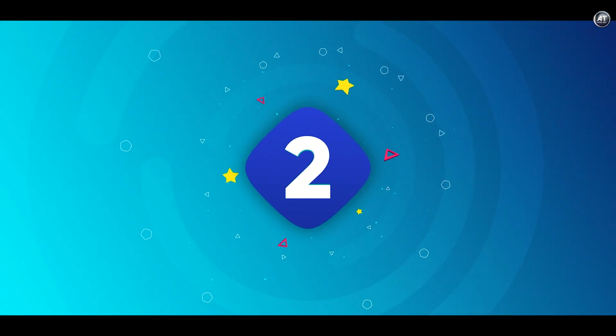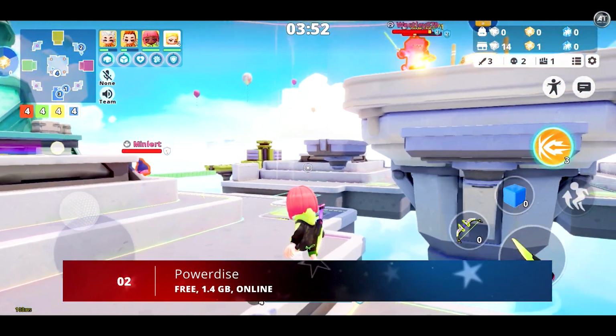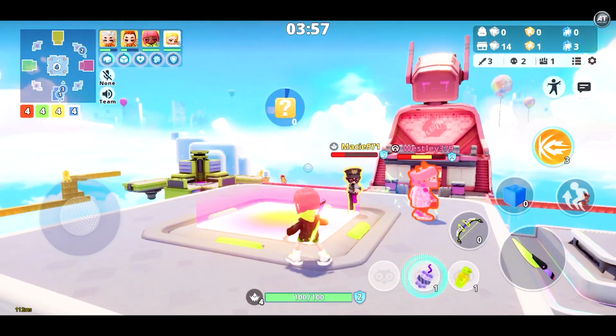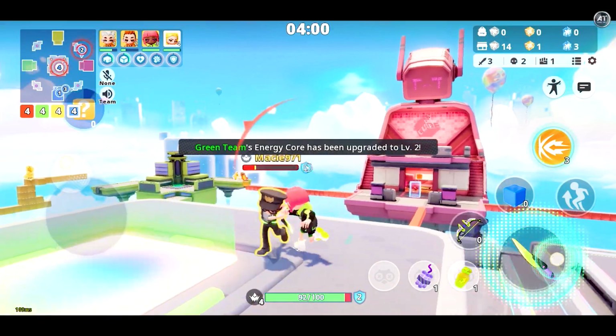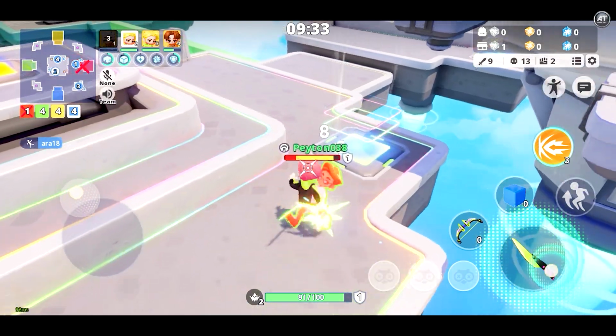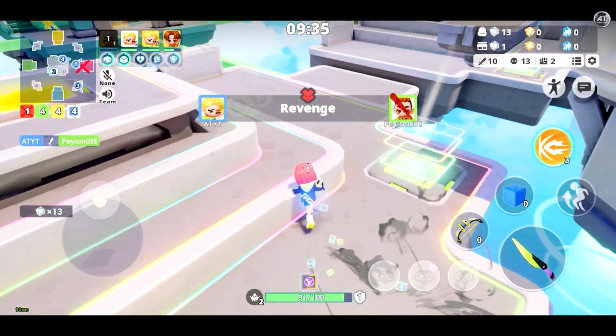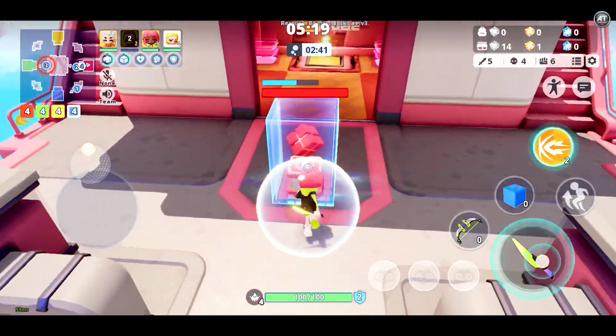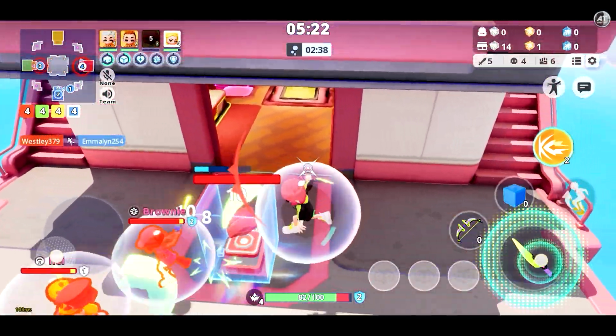Next up at number 2, we have Powerdise. Powerdise is a fun action game where you can enjoy a city powered by high-dimensional energy. In this adventure, you can team up with friends from all over the world to engage in exciting battles in the arena or explore the city for fascinating adventures. Download the free Powerdise APK and enjoy the thrill of competition and exploration in a world full of energy and